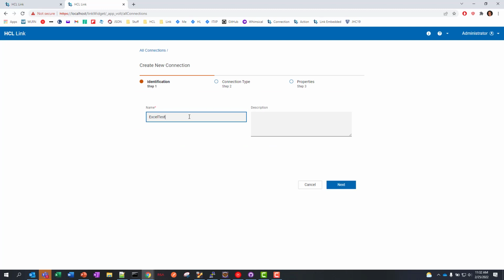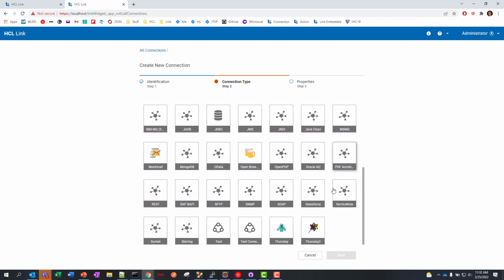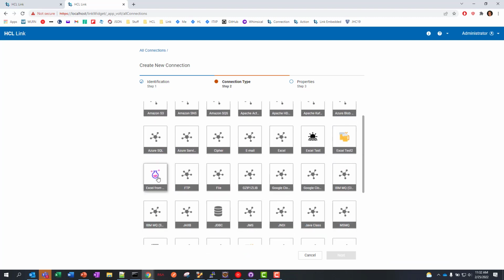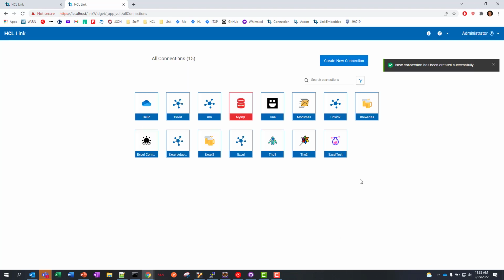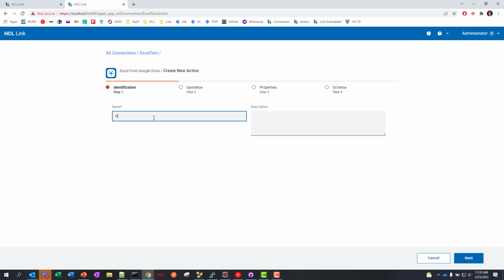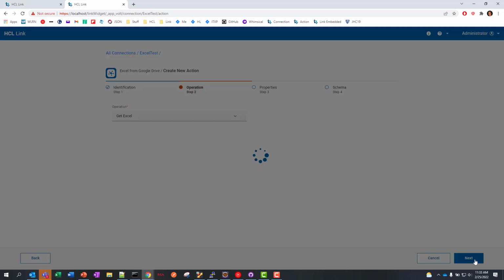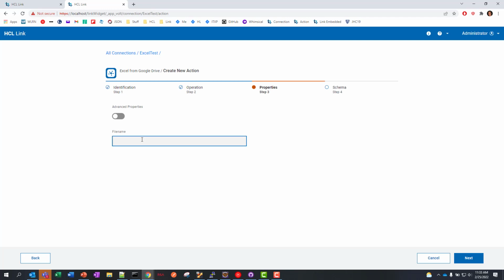Let's call it Excel test. I'm going to click next. You can see here's the connector I created, Excel from Google Drive. So I'm going to select this and save it. There were no connection properties in this case. Now I can define an action for this connector. So let's call it get Excel. Select an operation, so there's only one, which was that one flow I defined. Specify the file name,